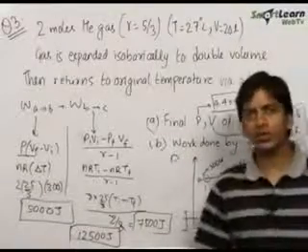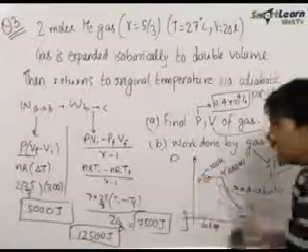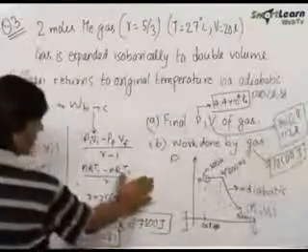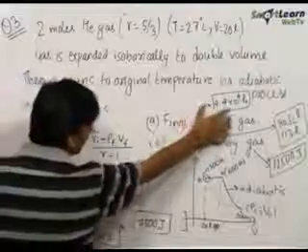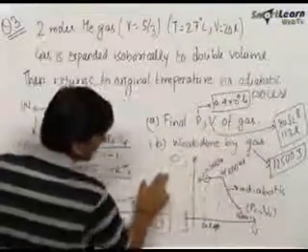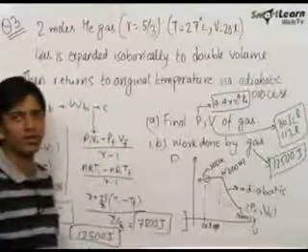So what we learned from this question was that making a graph and interpreting them to solve questions is really very helpful, and we thus get the final answer for the pressure of the gas to be 4.4 into 10 raised to 4 pascals, the volume of the gas to be 113 liters, and the work done by the gas to be equal to 12,500 joules in the whole process.